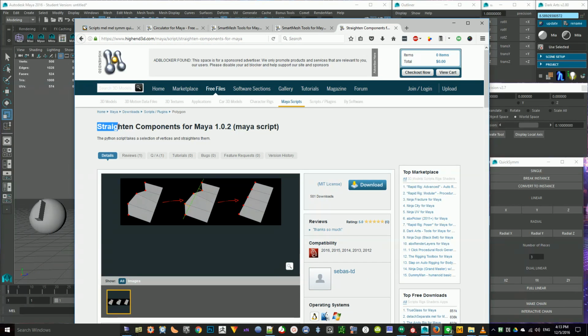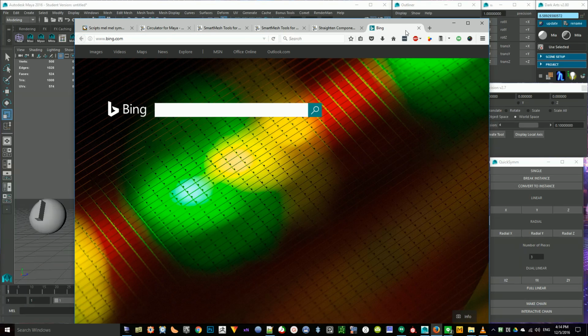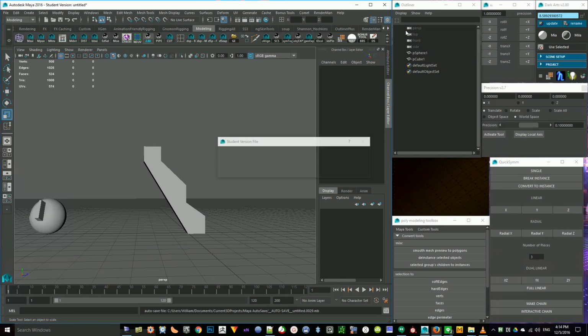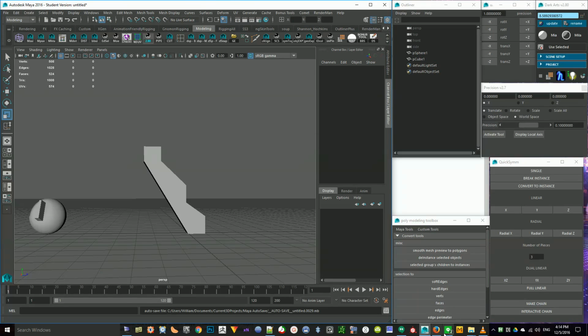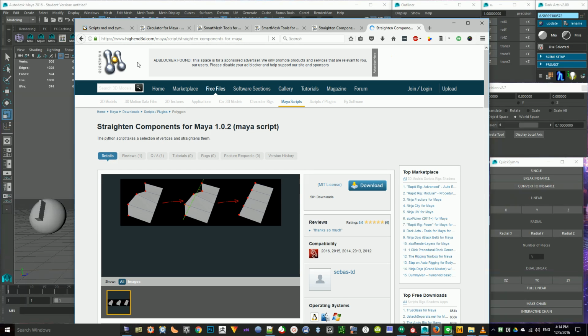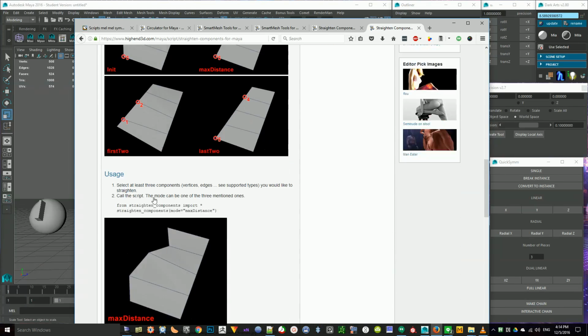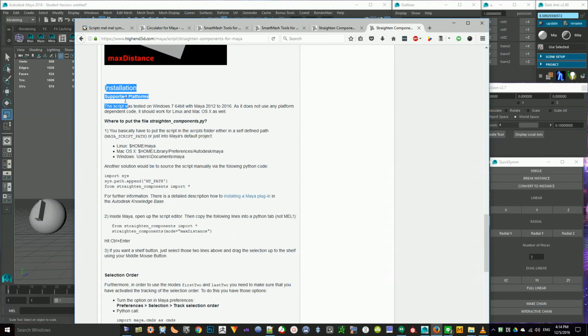As to where to get straightenComponents for Maya 1.02, go to Bing or Google, type that in, and then straightenComponents Maya script creative crash. And then when you get to this page, you can just click download, and it will give you some good installation instructions here. I think that you might want to follow this rather than refer to my quick sim installation demo video,